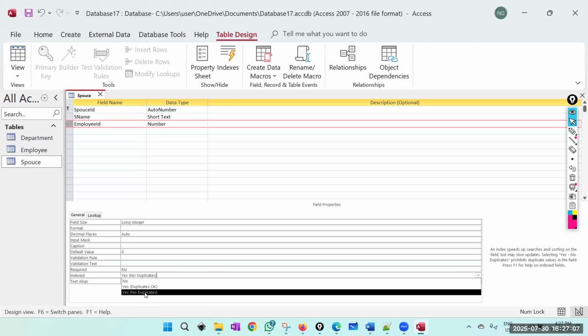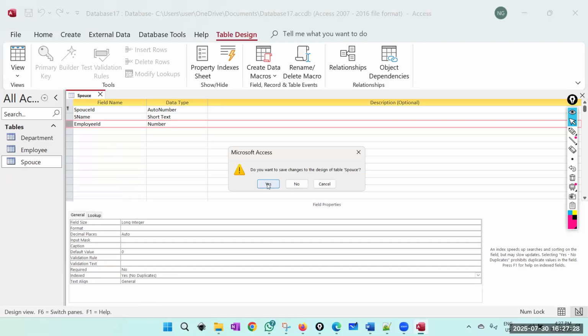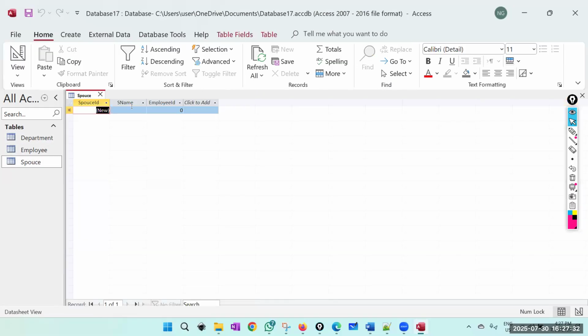No duplicates means this field cannot have duplicate values, or this must be a unique field. So that enforces it is one to one. So this is how you make it one to one. In general we call it, we make that field a unique field. Now you can close it. When you close it, it will ask you to save it. That is fine. Now I have the required fields, but still I have not made this my foreign key, because